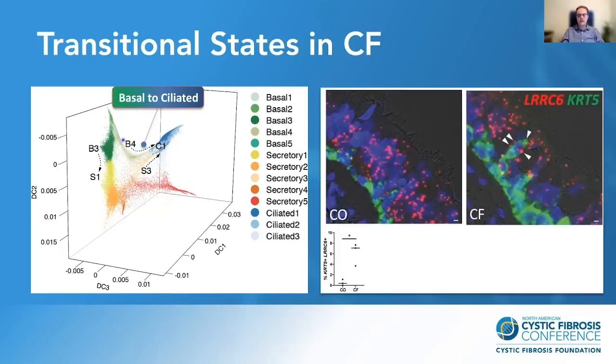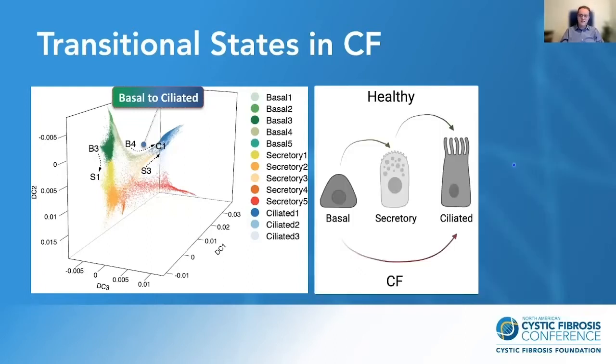And here on the right, we performed an in situ hybridization to label RNA from control and cystic fibrosis airways. In green, we label keratin 5 for basal cells. And you can see here basal cells in parabasal position, above the layer of basal cells, that are also co-labeled for LRRC6, a marker of early ciliogenesis. And this indicates that in cystic fibrosis there is an attempt of basal cells to directly differentiate into ciliated cells, while in the healthy lung, we know the basal cells transition to a secretory cell, and from there there is